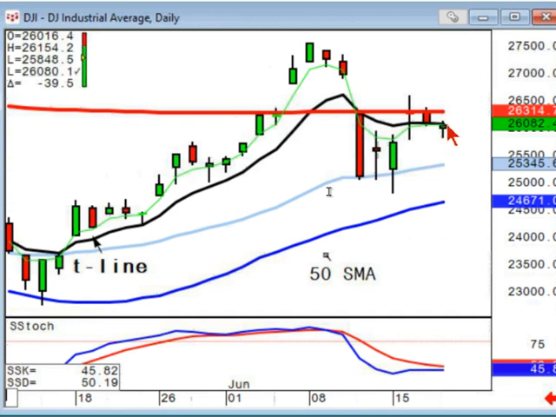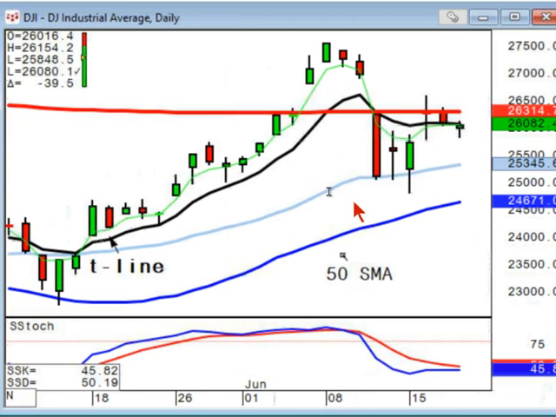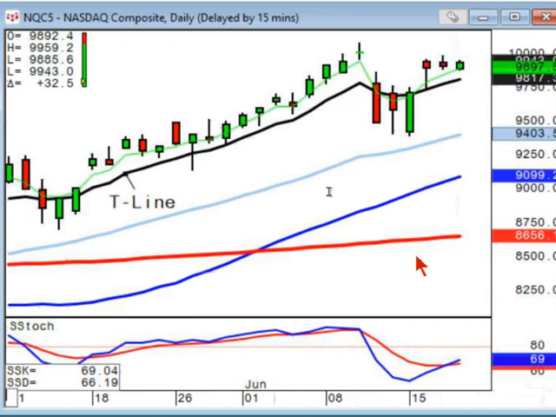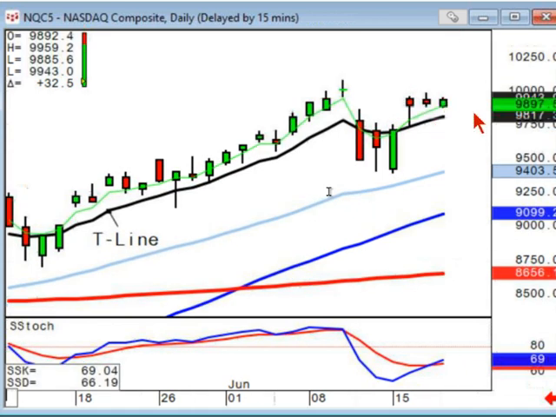And I say indecisively, that's what the doji tells us. At the same time, the NASDAQ still stayed up above the T-line. So you got the NASDAQ trading up, you got the Dow trading down. What's that tell you about investor sentiment? It really hasn't changed. It's just shifting from